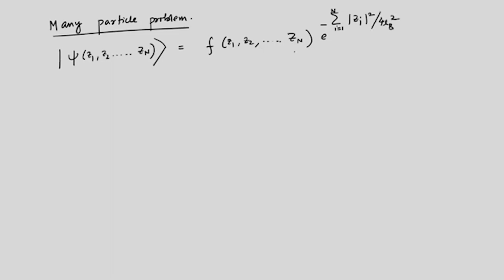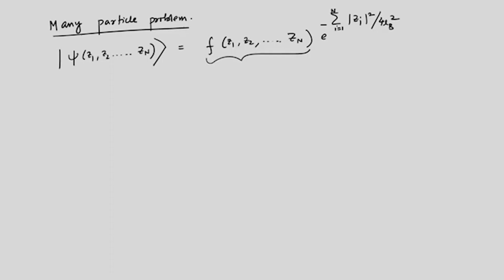So, in the exponent you will have a sum of z1 square plus z2 square plus z3 square all the way up till zn square, and where we had (z1 plus z2) to the power capital M and (z1 minus z2) to the power small m, we have a function of all these coordinates